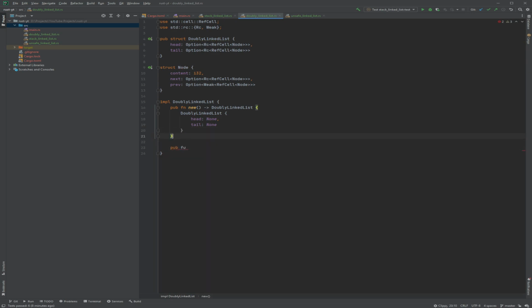Alright, so we create the new. You've seen it a billion times. Not a billion, like 3 times, but. And we get our classical push back with the value. And obviously we create the node, but we don't actually put it inside any reference or smart pointers. It's just the value created on the stack. Now you probably want to, if the value is big, but it's an i32, so I can create it on the stack. It's fine.